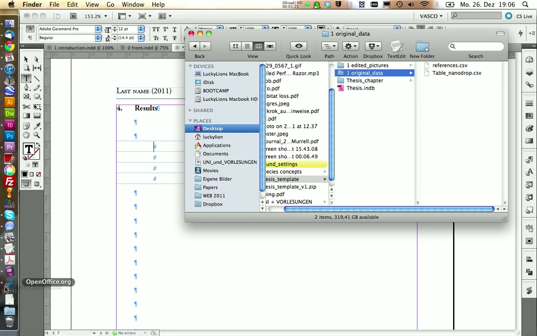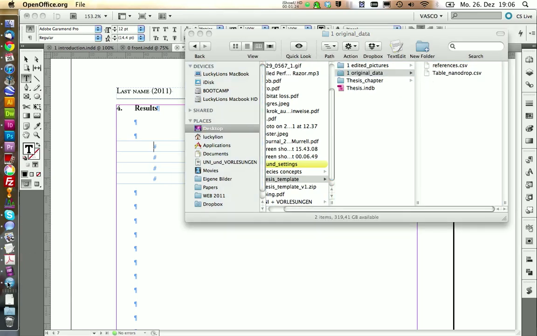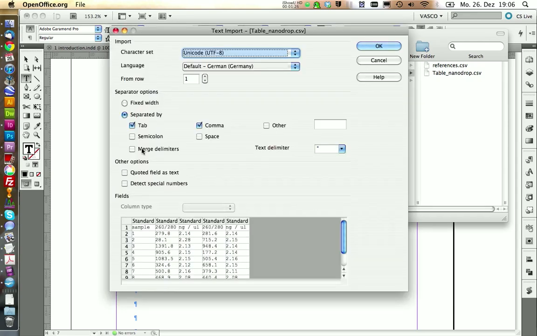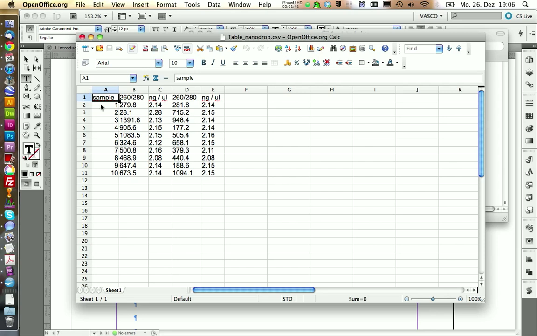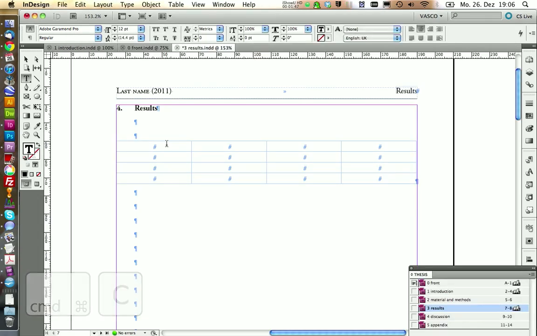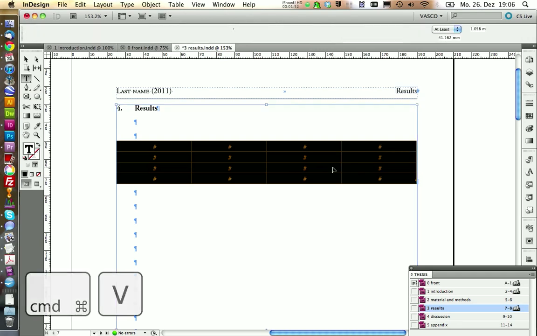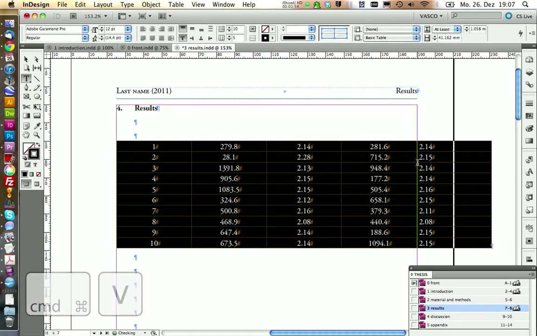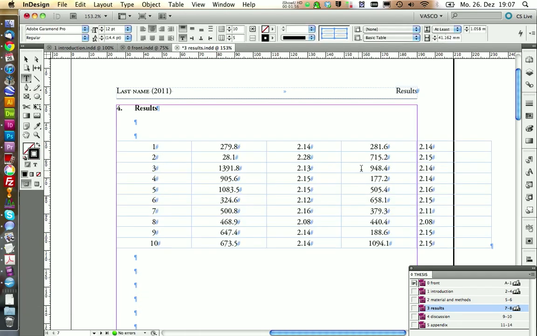You can use, for example, OpenOffice for this. And in here, you can click on OK. And then you can copy your data. We don't take the headline with us right now. Just copy it. And I see now we need 5 columns, but it doesn't matter. We can just paste it in here anyway. And it will extend our table.